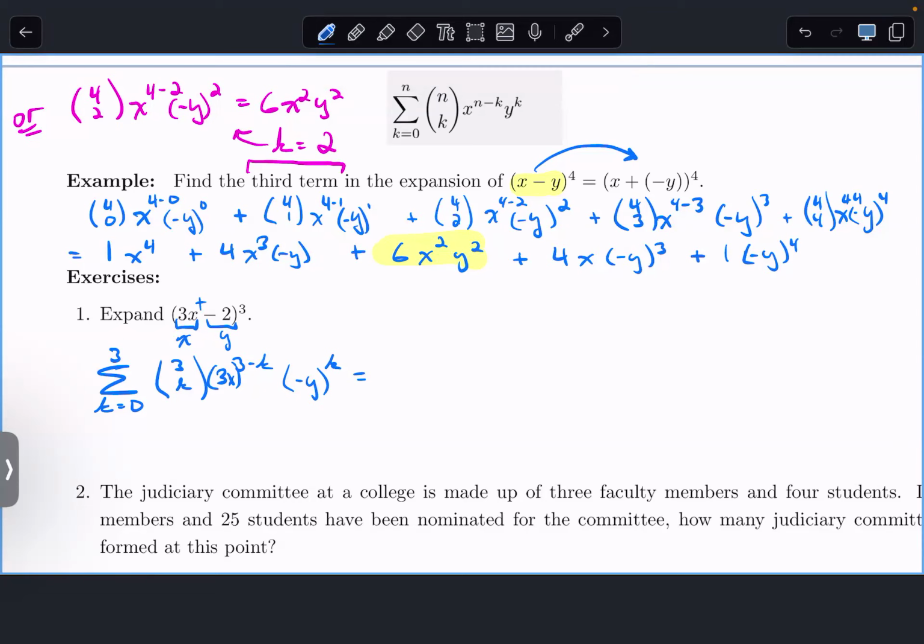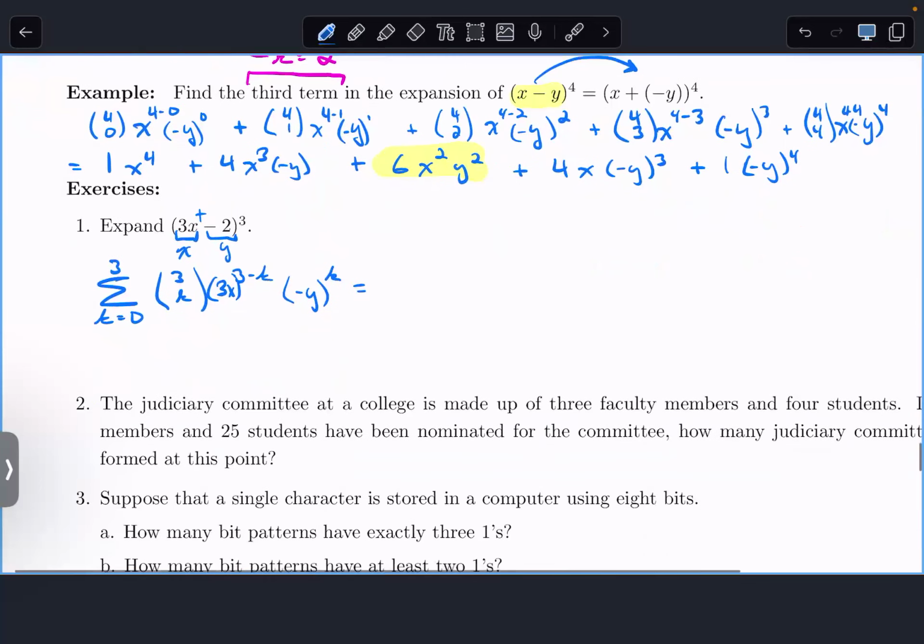Now I can cycle through k equals 0, k equals 1, k equals 2, k equals 3, and simplify as best as I can, but nothing crazy. So this is going to look like 3 choose 0, 3x to the power of 3. And because the negative y is to the power of 0, I'm not going to write it. 3 choose 1, 3x to the power of 2, negative y to the power of 1,